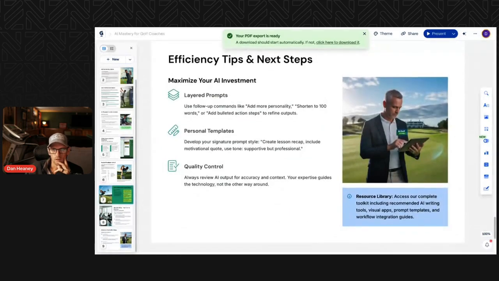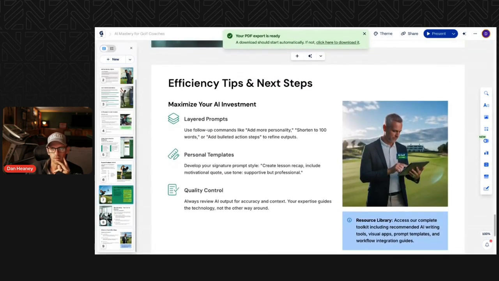I want to open it up for questions here in a second, but just things to remember when working with AI. Prompting's huge. Giving it context is huge. And have conversations with it, work through it. Don't accept that the very first thing that you ask it to do is going to be perfect. Give it feedback, ask it to change things, make iteration, add prompts, layer these prompts, ask it to do multiple things and refine it over time.